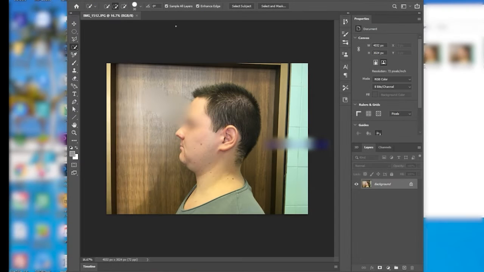Okay, so, cut out from the picture this figure. We are in Adobe Photoshop and we want to cut out this shape, head and so on, from this picture. So the easiest way